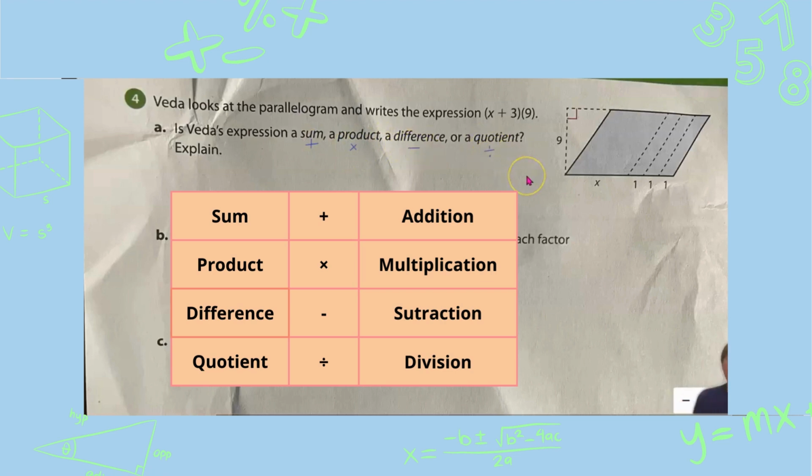division. So when we look at our expression, the goal is to say what's the end result. And our end result is represented by multiplication. We have two, what we would call factors, and they're multiplied together. Now this addition will throw some kids off, that it looks like we're doing a sum, but at the end of the day, whatever x represents, let's say x represents 5, we would do 5 plus 3, and then we end up multiplying, so we're getting a product. So this is a product,